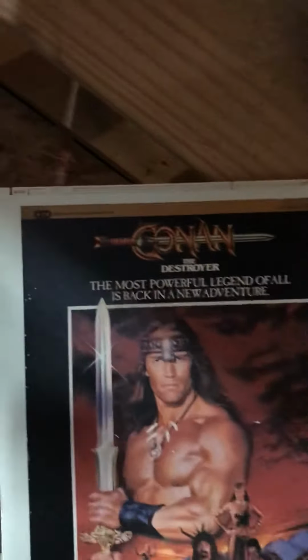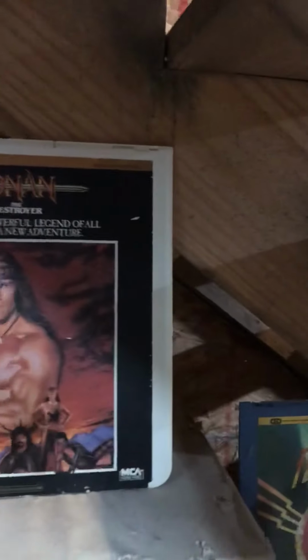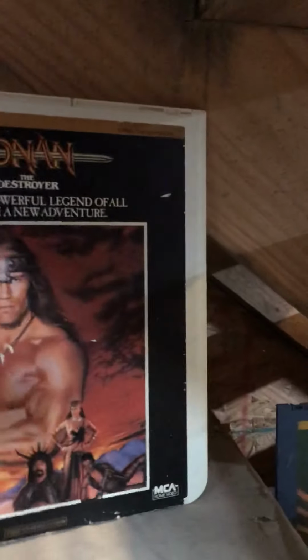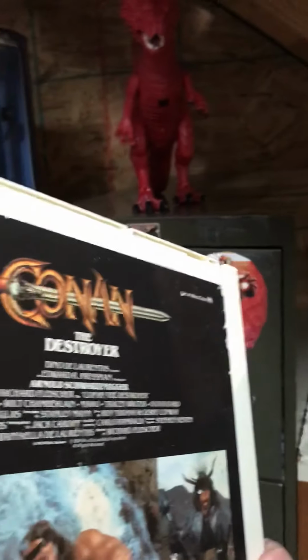Anybody remember these old movie discs? Aren't these cool? I just picked these up recently. I got Conan the Destroyer. I've got the Flash Gordon, and then I've got the Lord of the Rings that was up in the last video. But man, those were so cool for you youngsters. These are actually movies. They're hard discs before laser discs. They came with the great art on the back of them,